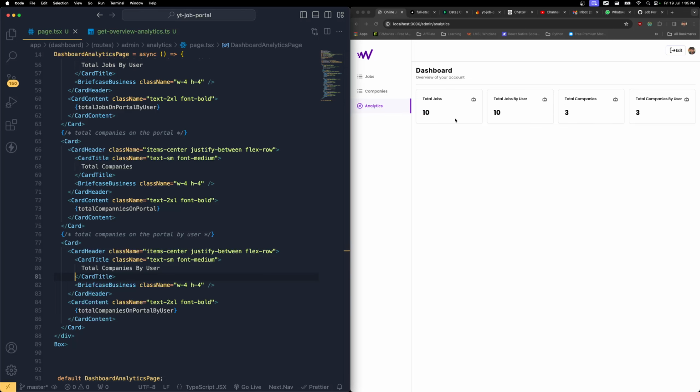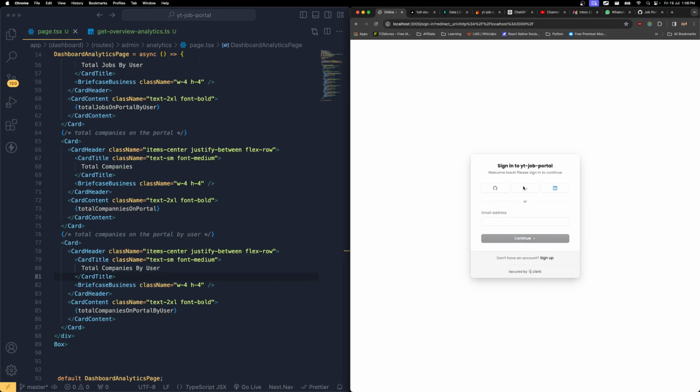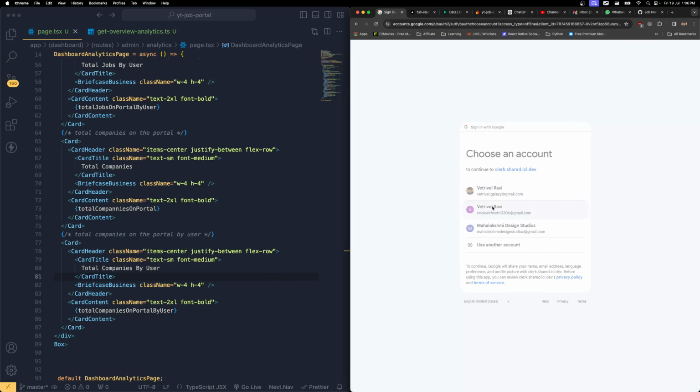Here we go. So total jobs and total jobs by the user, because I'm the one who created it, and overall companies and companies by the user over here. All right, this is what it's supposed to look like. Now if you click over here and log out, click sign out, and if I click continue, create a Gmail account and choose another account,